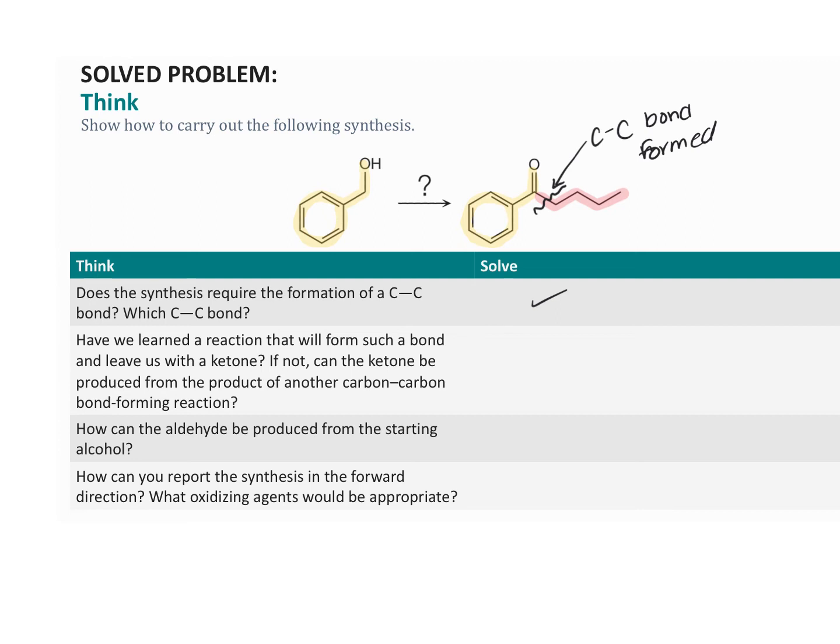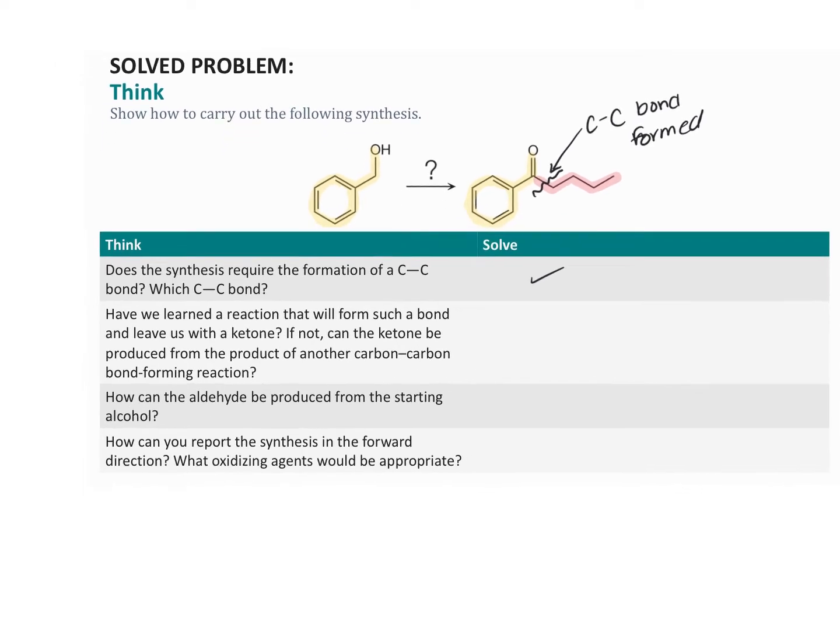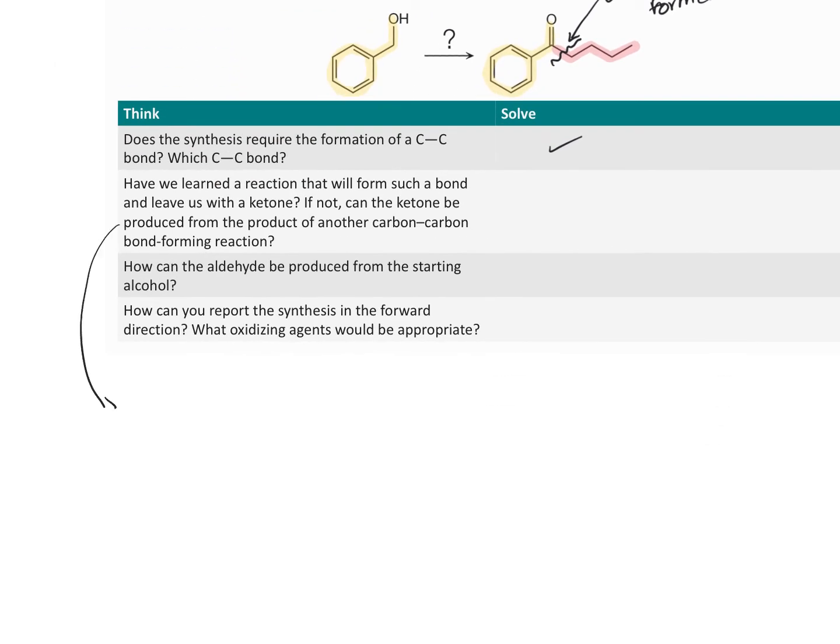Now, the ketone could be produced from the oxidation of the corresponding alcohol, which could happen after we do a Grignard reaction. So what we're talking about is if we think about this in reverse,